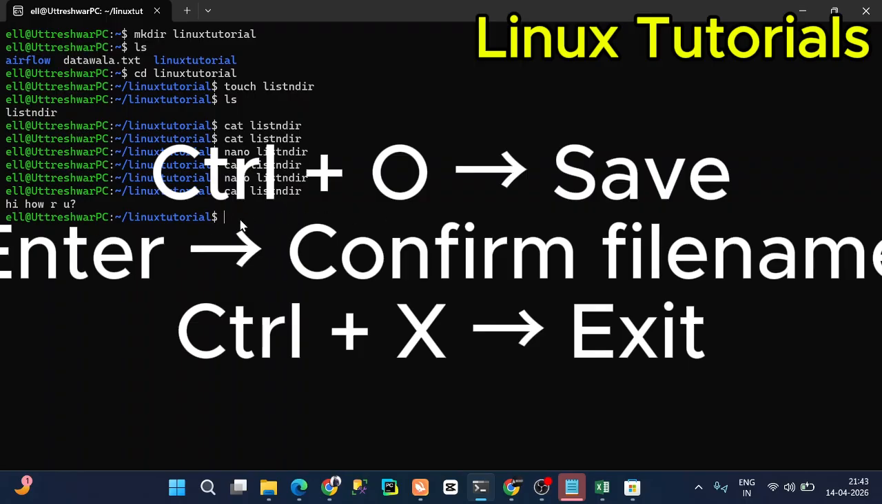Now we open this file. Let's quickly summarize again. For creating a directory we need to use mkdir, make directory, simple, and for